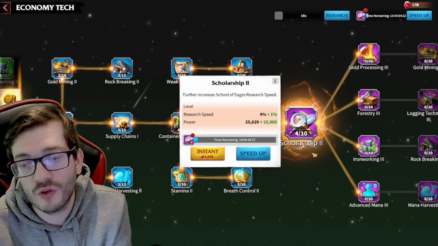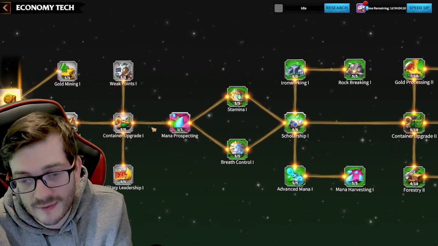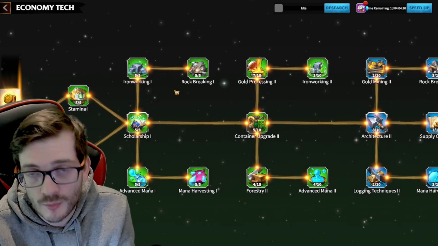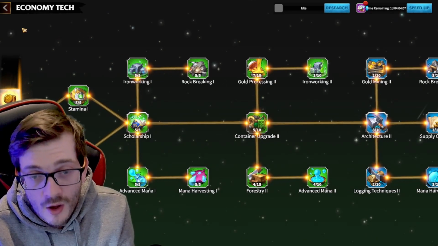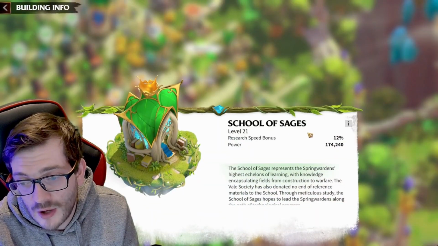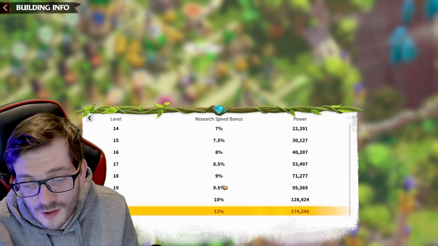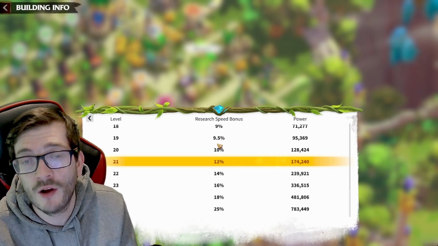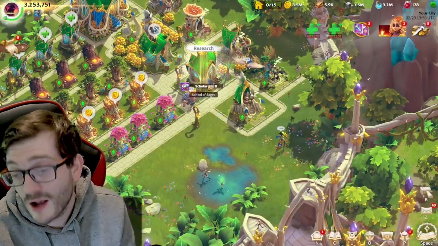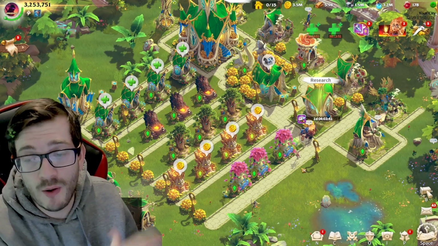Max out scholarship 2, so it's 10 out of 10, and make sure your scholarship 1's maxed out, and architecture 2 maxed out, and architecture 1 maxed out, because that means you're saving as many speed ups as possible throughout your account. Because what you can also do, and I don't know if players know this, is with your School of Sages, every time you upgrade this building, you'll notice you increase your research speed bonus. So it is very important to keep this leveled up with your research, and you'll be pumping out quickly compared to other players. So that basically summarizes what you need to be doing for the building and tech